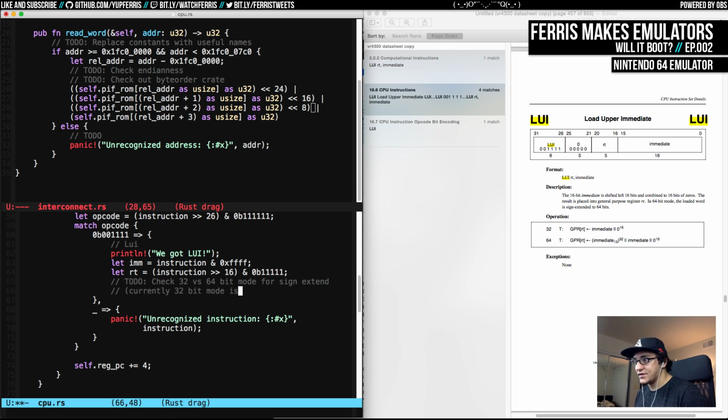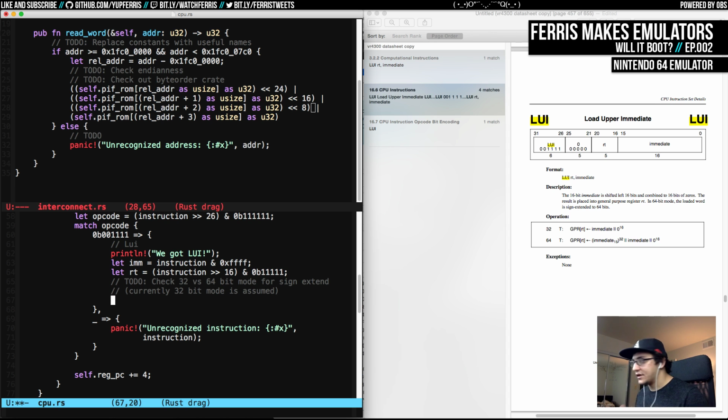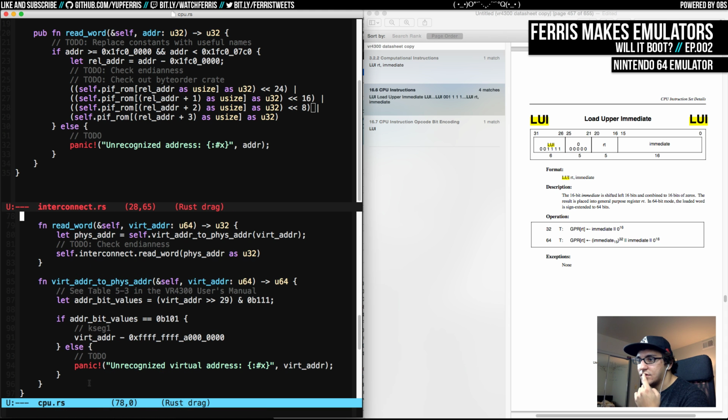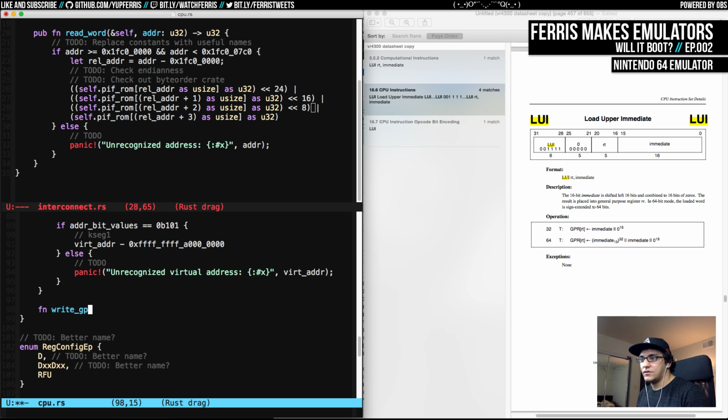Currently 32-bit mode is assumed, which is probably wrong, but let's do it for the sake of getting this done. So now we're going to do self.gpr, and there is going to be a certain case. So what I'm actually going to do is write GPR. I'm going to make this a function. Self.writeGPR, and we're going to give the index and the value. In this case, it's going to be immediate shift left 16. Cool. So now if we implement this write GPR function down here,